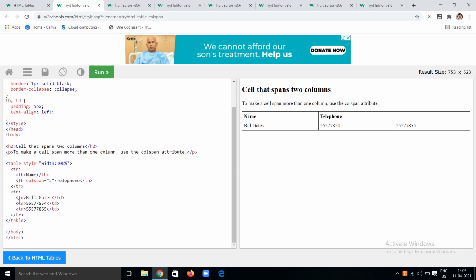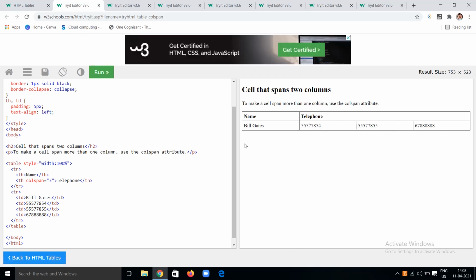Next in the data we have given the name as Bill Gates, and next the phone number; we have given 2 phone numbers. We can give many things here, like a colspan of 3 also, which means three mobile phones will be available. You can also give data there. If you didn't give any data, it won't take anything, it will make it a blank one. You can see this example, I am adding a colspan of 3. You can see here 3 things will be included in this one.